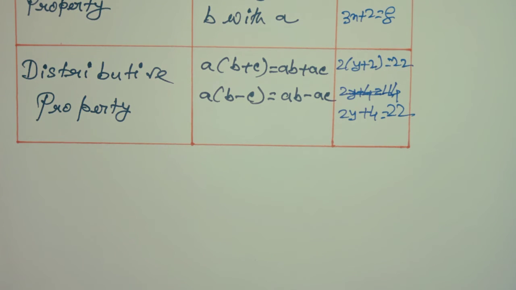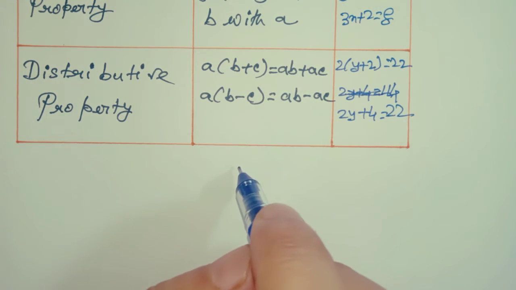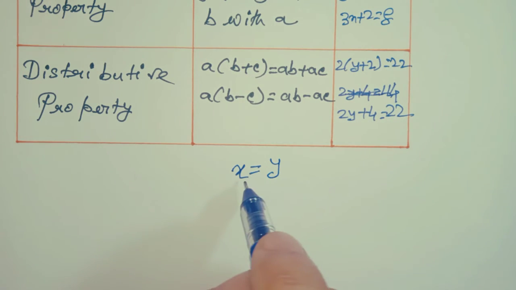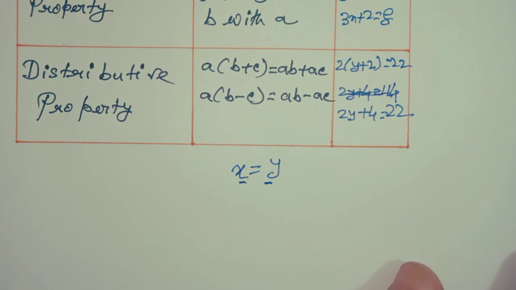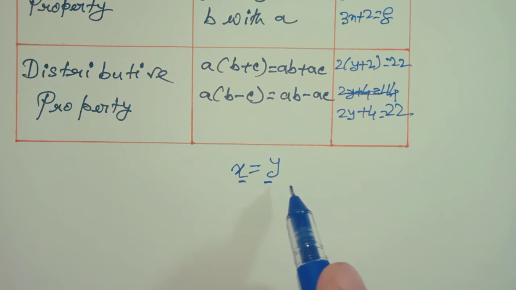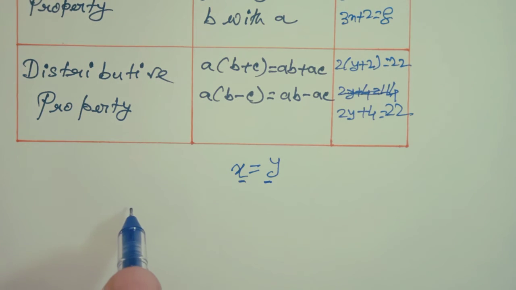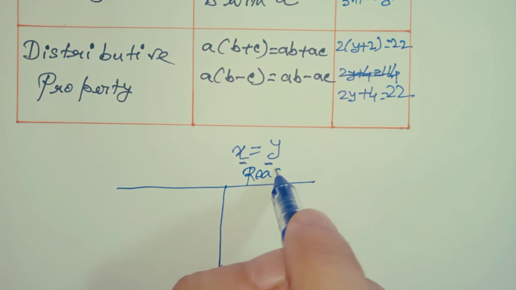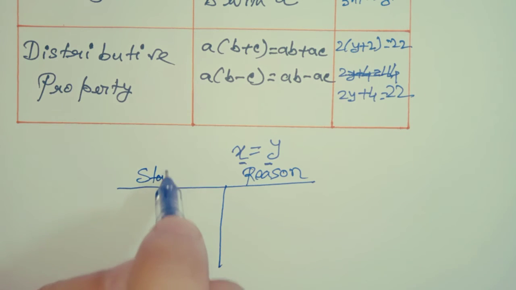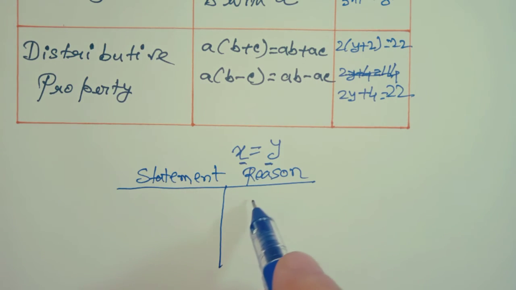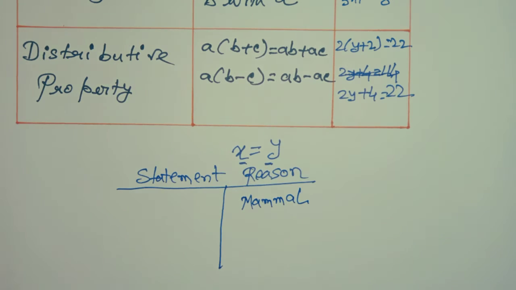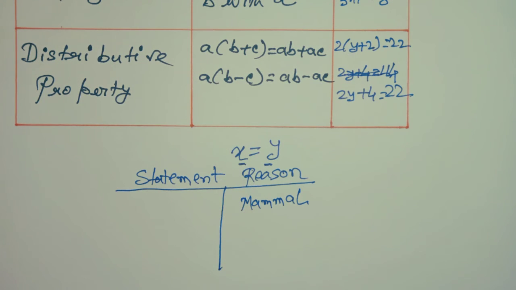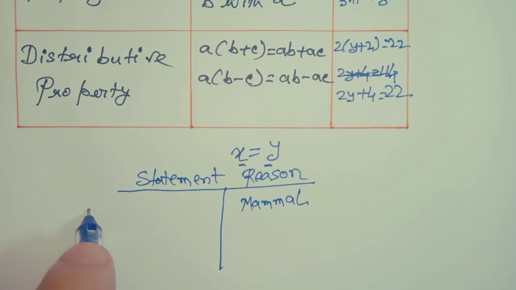In advanced mathematics, we need these things to make a proof more formal, or stronger. That means if I show an equation where x equals y, we need to find all those properties, and if they satisfy each other, then we can say these two equations satisfy the properties of equality. Say I put a reason here and a statement around here. The reason is mammal. What is the statement that will prove it? Females that